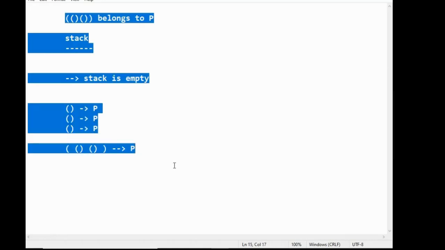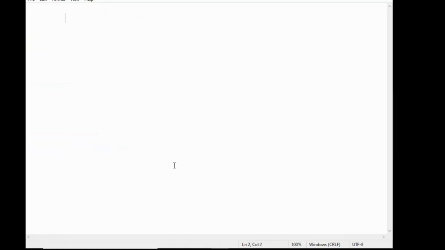So if I ask you what is the output of this program, the program is very simple. Anyone can answer this. What could be the output of this program?